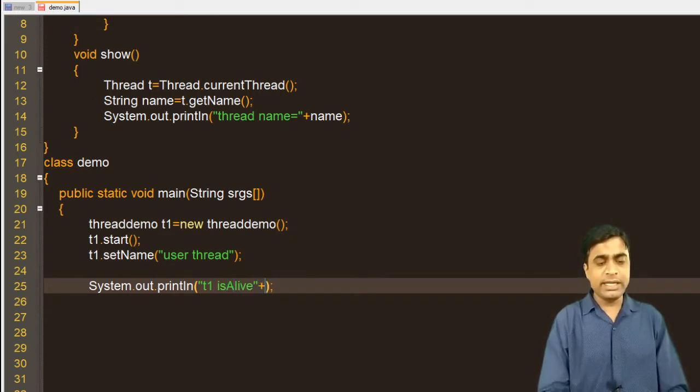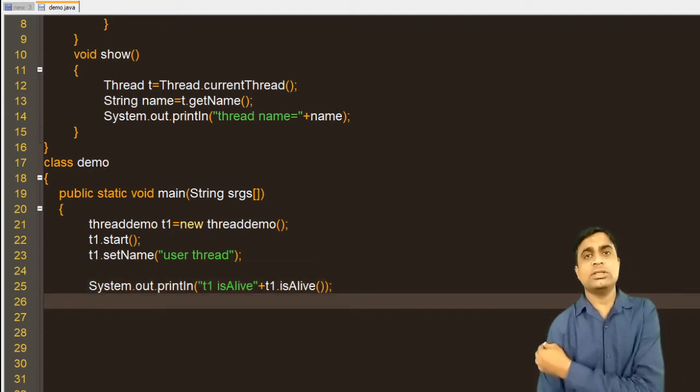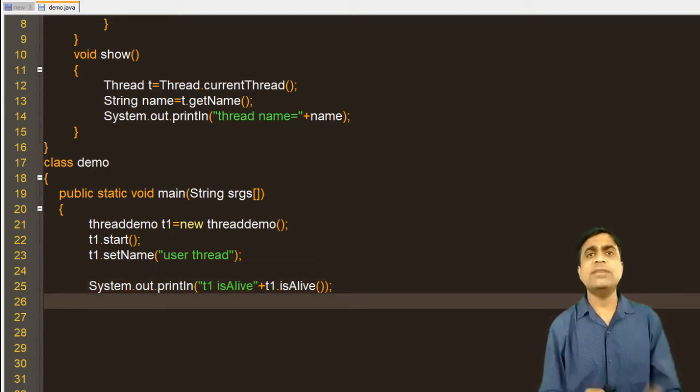So I am printing this value, calling T1.isAlive. This method will return true or false. If T1 is alive, then it will return true, otherwise it will return false.